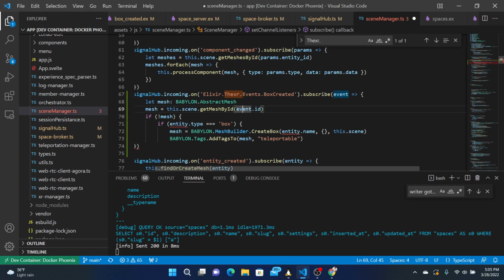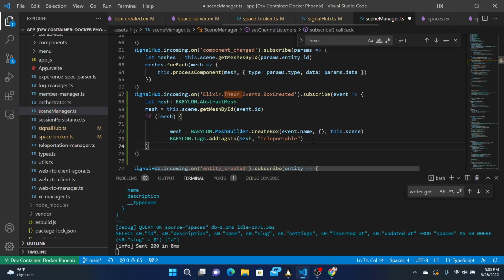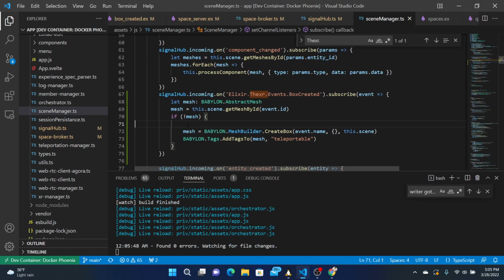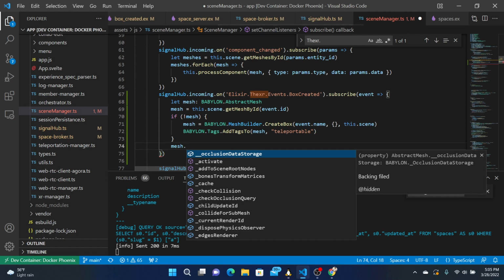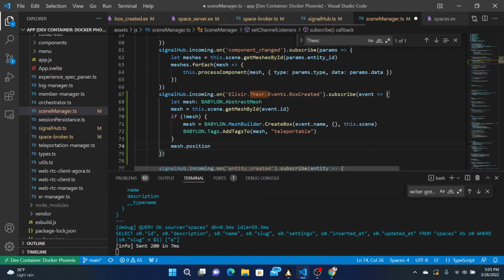If you can't find the mesh, then create the mesh. This will be event name, put in the scene, add the tag that it's teleportable, and that's it. That'll put it at the origin. Then you want to set the mesh dot position equal to